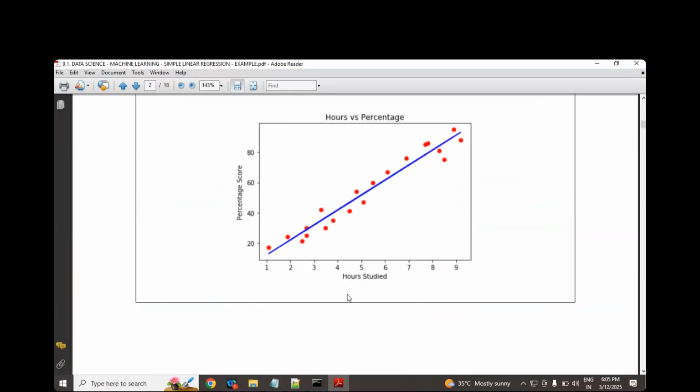Did you remember? If the number of study hours increases, automatically you will get a good score. Go back to the math: the topic is called explanatory variable and response variable. Especially I have covered correlation.